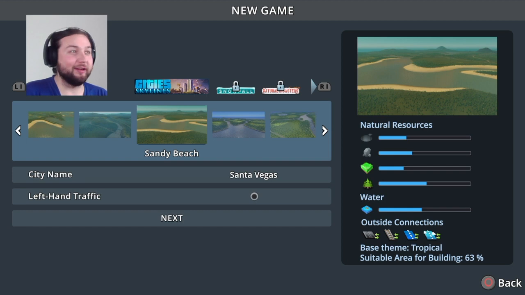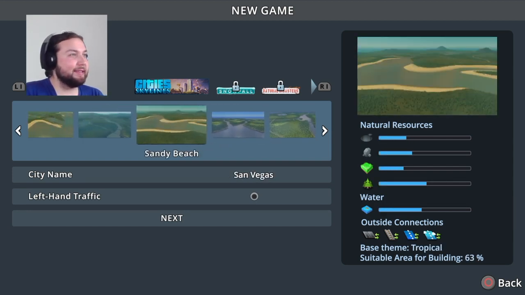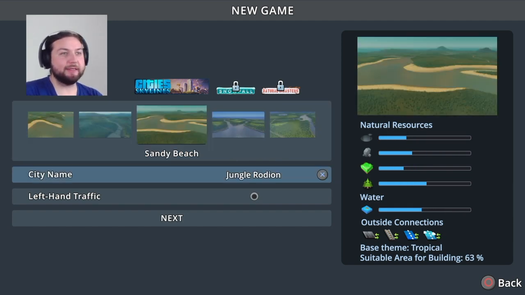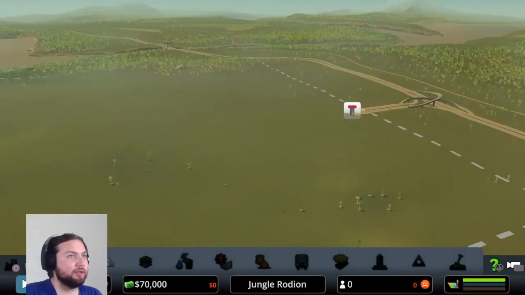I'm building a jungle, so I want a tropical landscape at this point. And I like this sandy beach. And I also like the lagoon shore. Okay, so we have sandy beach, which is a tropical based theme, and it's called Jungle Rodion. The game is constantly changing. Where's the empty space? Okay, so...